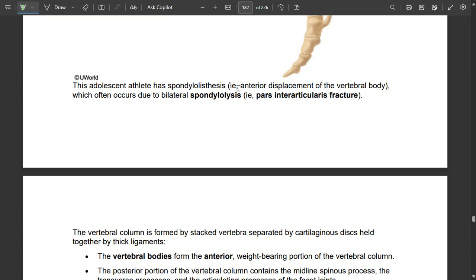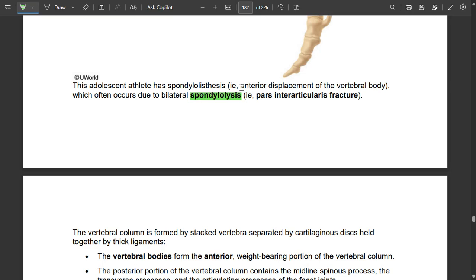Spondylolisthesis is a displacement of the vertebral body, which often occurs due to bilateral spondylolysis, meaning a pars interarticularis fracture. After the pars interarticularis fractures, the anterior part becomes loose, so it moves anteriorly, slipping